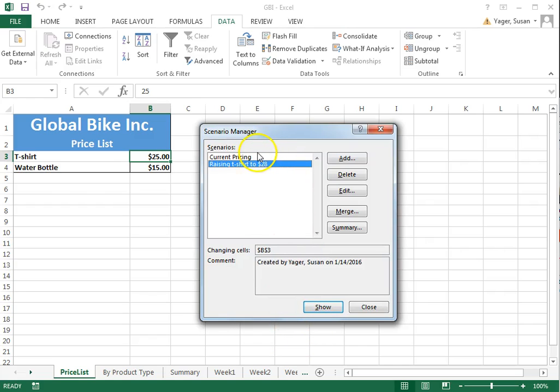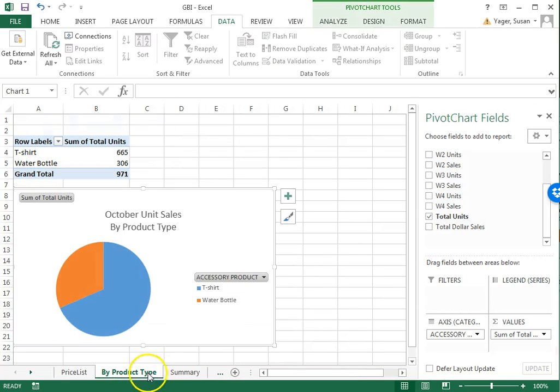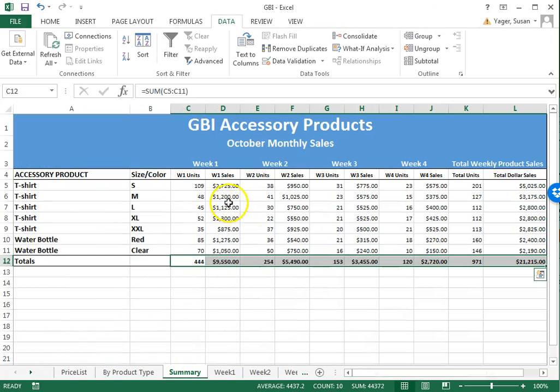Now you see I have 2 scenarios, current pricing and raising t-shirts to 28. Now to apply one of these, let's just do current pricing and tell it to show. I close the Scenario Manager, I go back here, and you see that in the summary we have the pricing based on $25, which is a total of